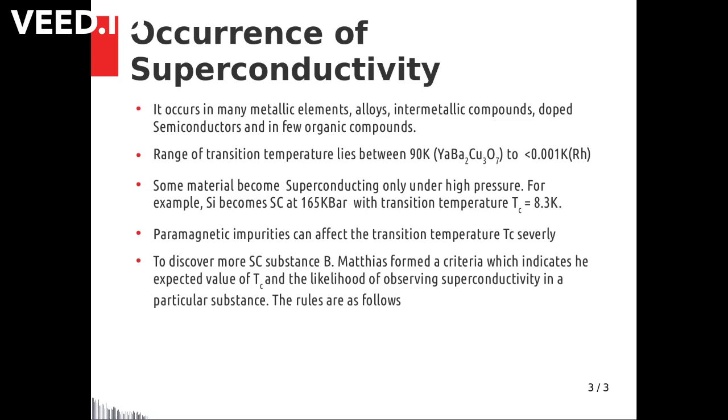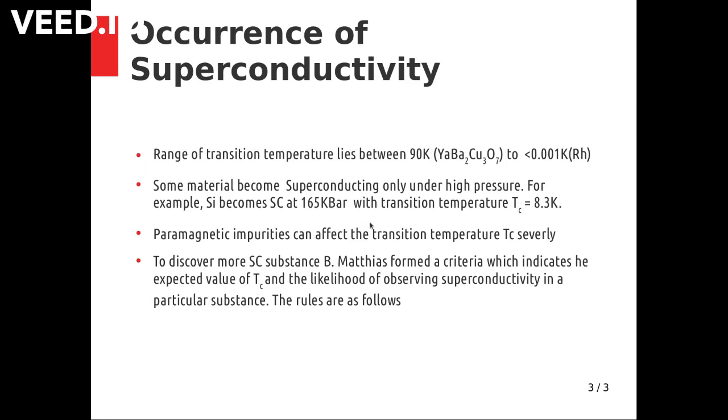To discover more superconducting substances, B. Matthews formed a criteria which indicates the rule, the expected value of transition temperature, and the likelihood of observing superconductivity in substances. So basically, to discover more superconducting material, a set of rules were formed so that we can discover more such material. So the rules are